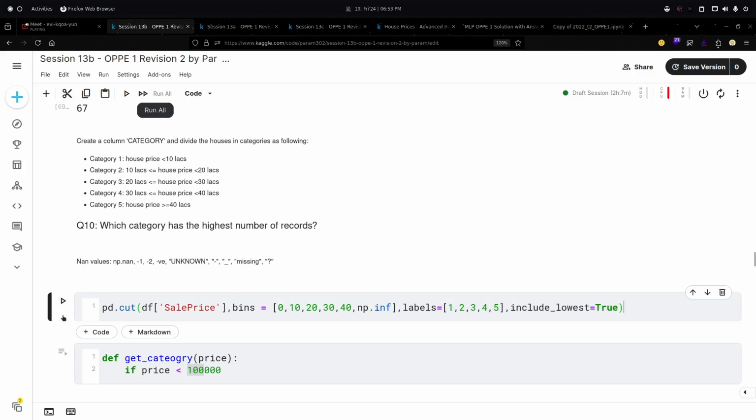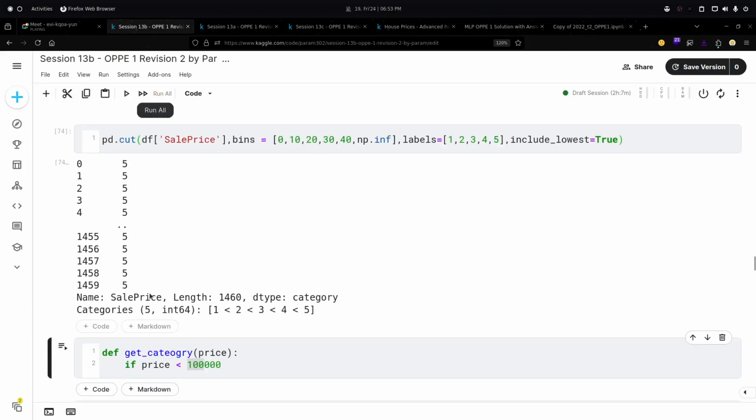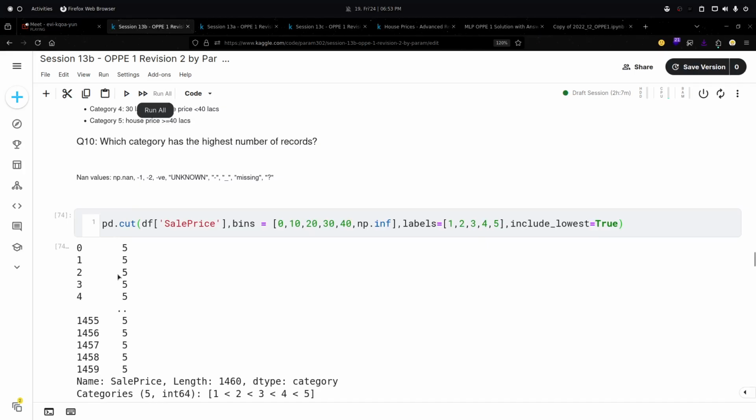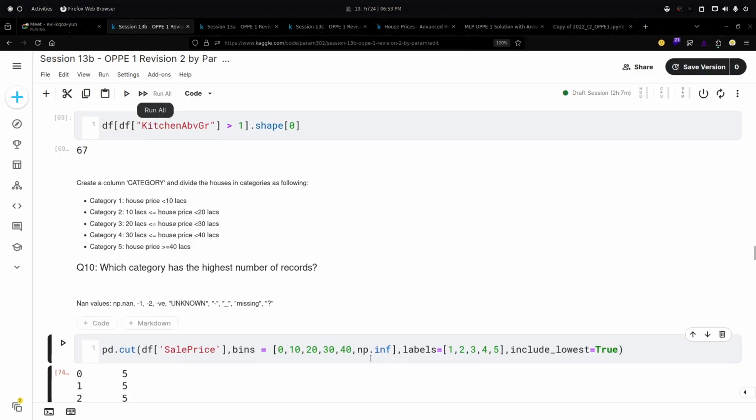Okay, this is also another good way. This is not any different way, something like that. What is np.inf? Sorry, it's infinity. It is representing infinity, right? So any value greater than 40, like that, will come under np.inf. These are basically representing the maximum value we can have in each bin.